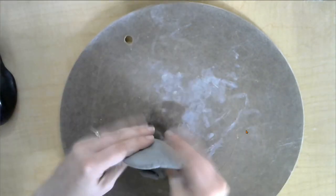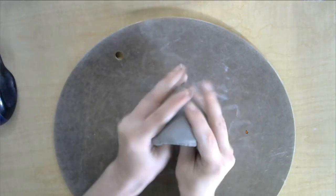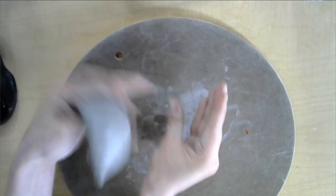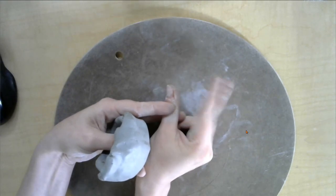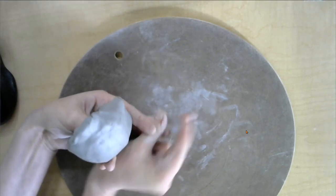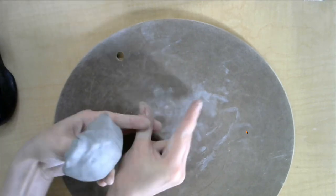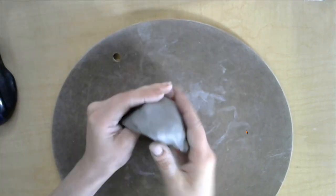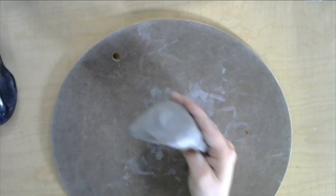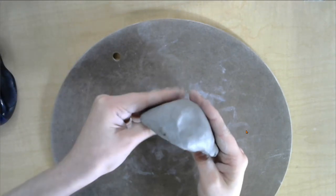Okay, so I already ruined it. Okay, but just review, something taller. I don't even remember which side was which now. I messed everything up. Taller, thumb stationary, outer fingers do the work, pulling the clay upwards, angling inwards because it's naturally going to want to flare outwards. So if you want to counteract that by coming inwards, okay, to get a taller piece. Otherwise, angle your arm outwards. Your elbow is sticking out like you're nudging someone,